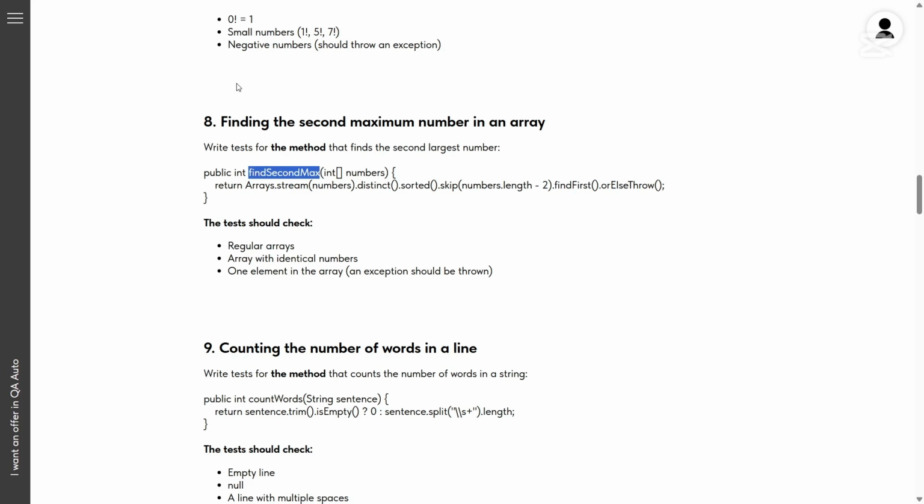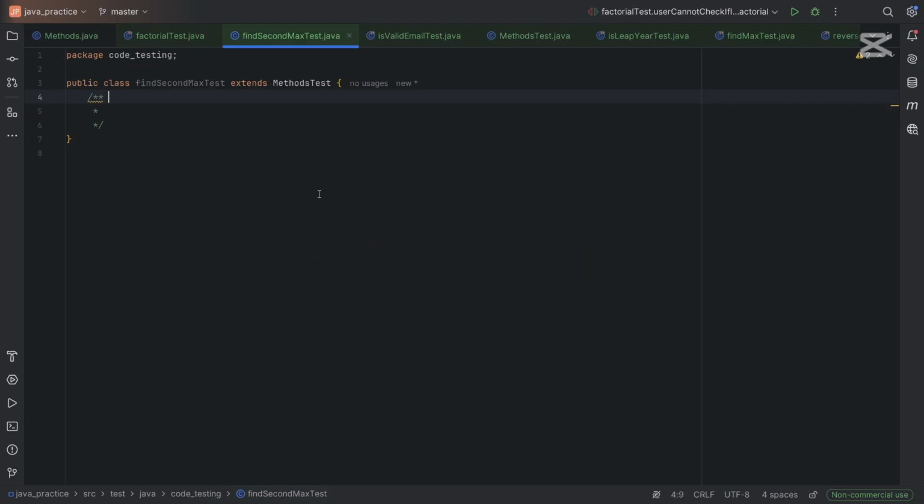So we want to have tests that check the second maximum number. So for positive, or let's say happy path,